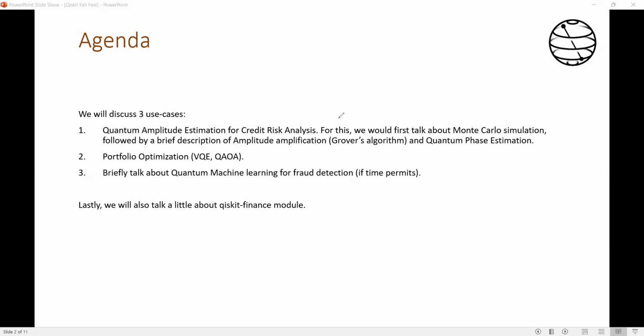Also, I believe that some of you may not be exactly acquainted with finance in general. You may not know the classical approaches that are used in finance. So I feel that since this is about quantum applications, it would help if I give you some idea of the classical approach and then move on to the quantum approach and say how that actually gave a speed up or an advantage. So that's my idea for today.